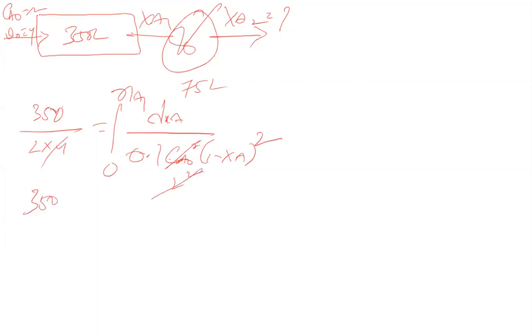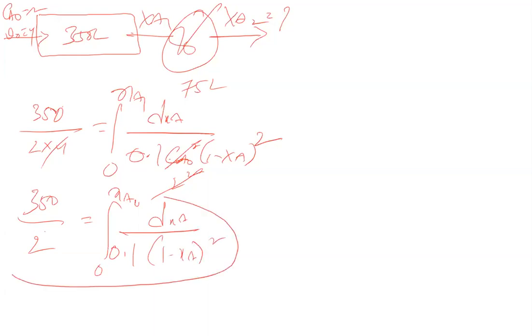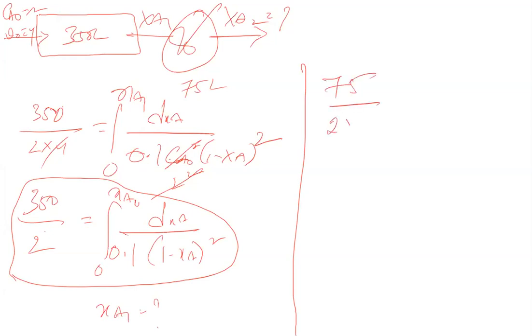350 divided by 2 is equal to integral 0 to XA1 dXA by 0.1 into 1 minus XA whole square. From this one, solve for XA1. Once you solve this XA1, the next one is the PFR: 75 divided by 2 into 4,